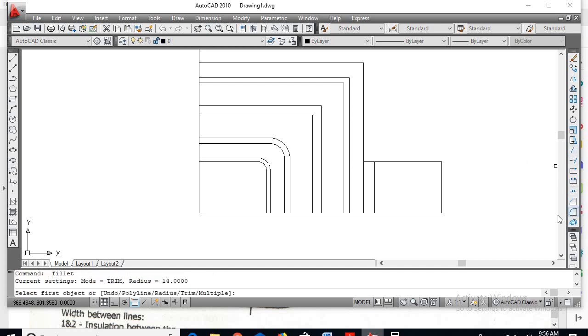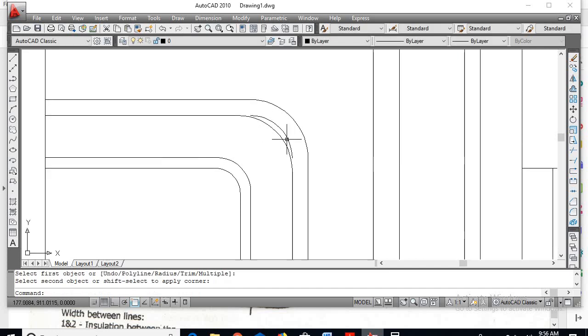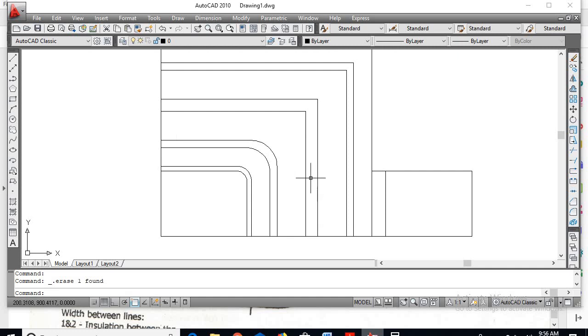Go for fillet, radius R, enter. 11.13, enter. Fillet, radius R, enter. 16, enter. Select these two.